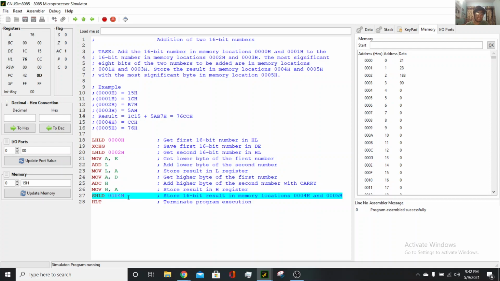And this will store the result with SHLD at 0004 and 0005, and now HLT. So this was for the addition.